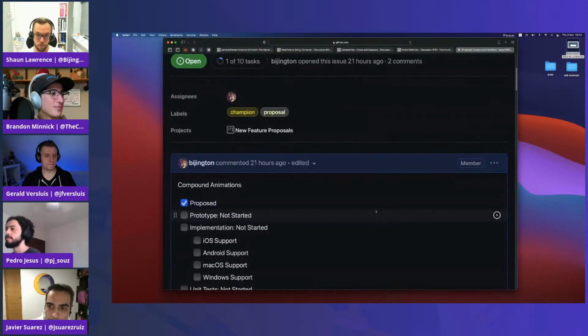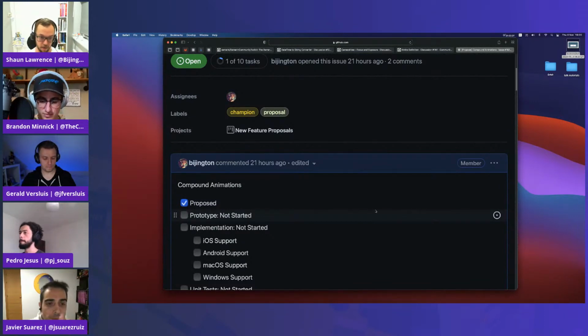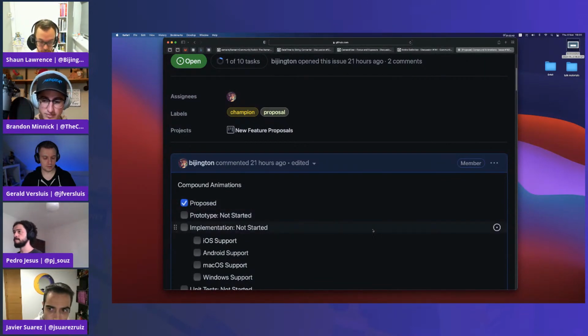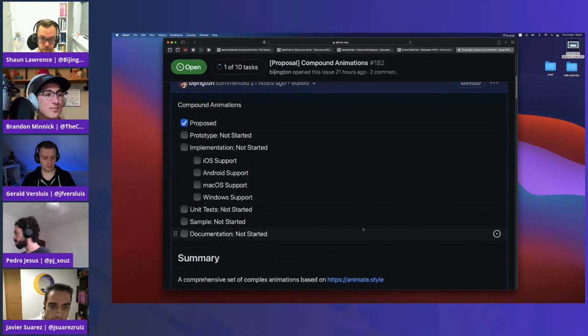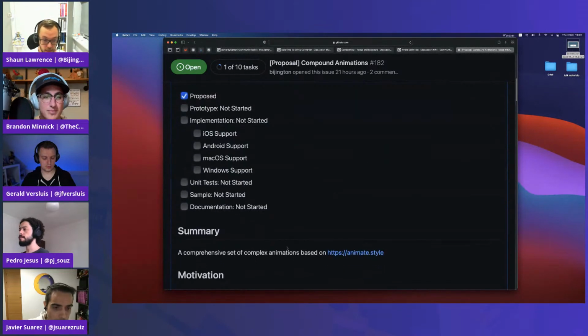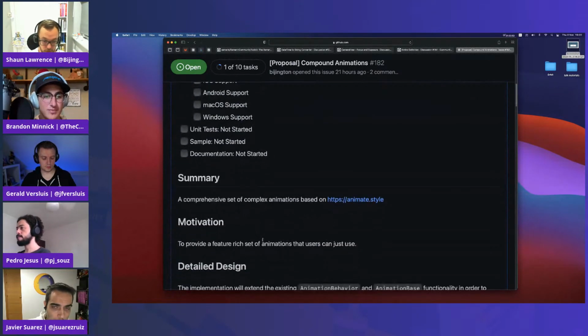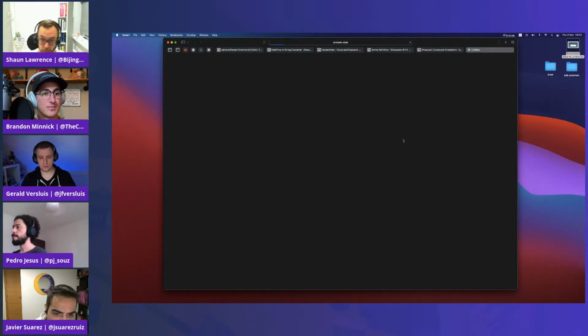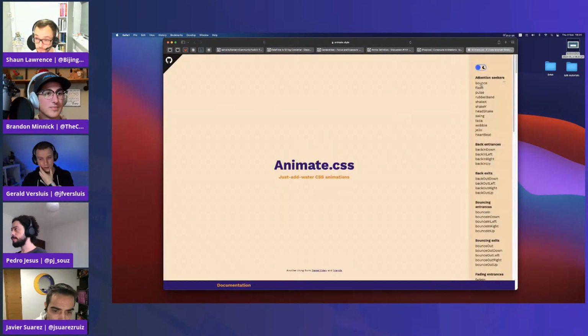Okay, so like we said, we recently shipped compound animations, as we're calling them now, in the 1.3 release, and it seemed a good idea to see if we can suggest putting them straight into the MAUI Toolkit. So what we've got is written up the proposal to see what we can do. As a brief guide, the original plan was to try and match as many of the animations that are on this site. There's quite a number here. I think there's about 92 last time I counted.